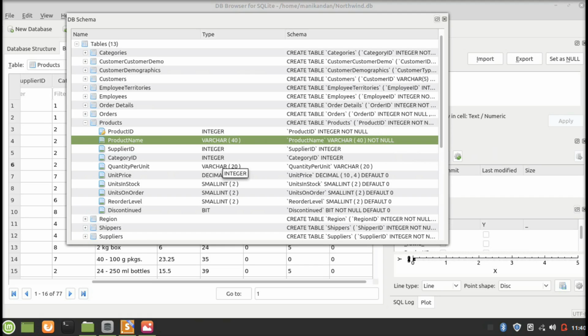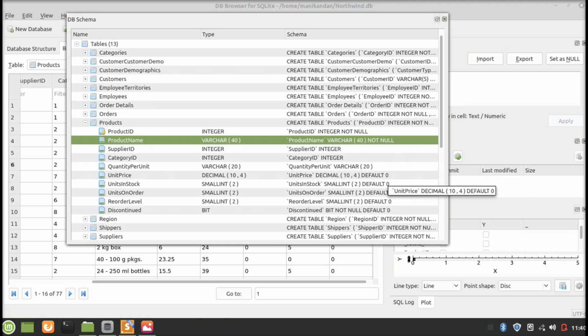And the unit price is a decimal data type which has a length of 10 for the integer part and 4 for the decimal part, and also it has a default value of 0.